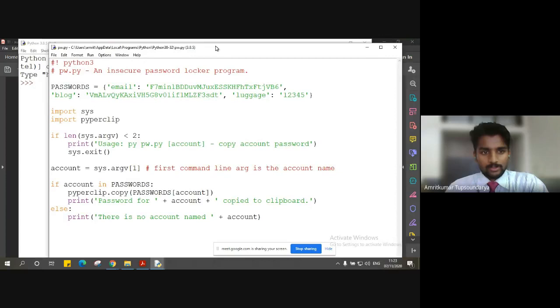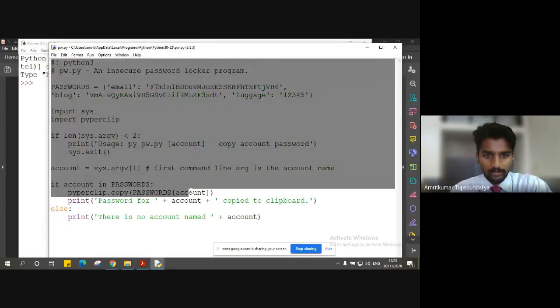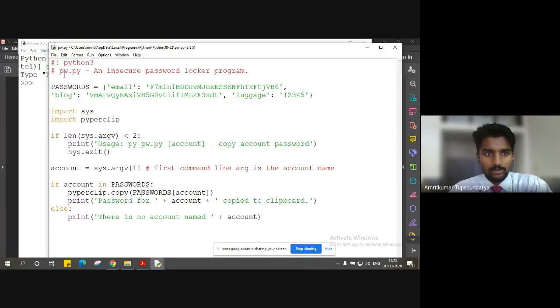Right. So as you can see here, this is our main program stored in pw.py, and the whole program is almost the same as whatever we have done. Now the thing is we have to go to the location. Now as you can see here, for me the location is this, right? So I have to go to this location.